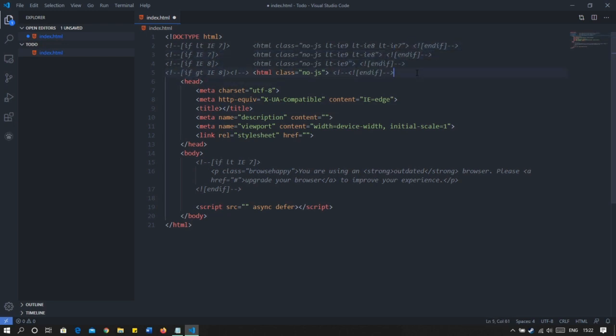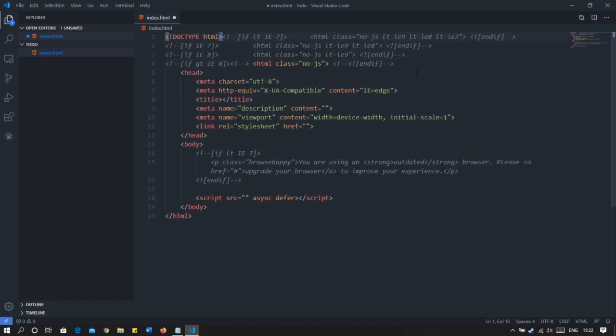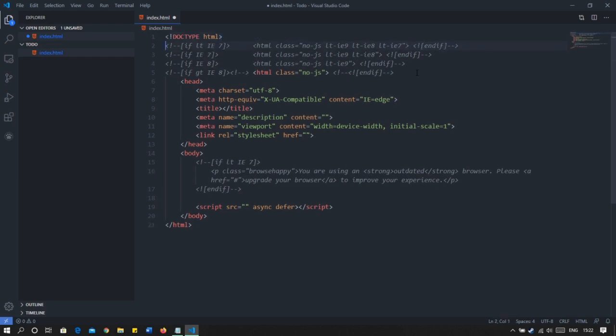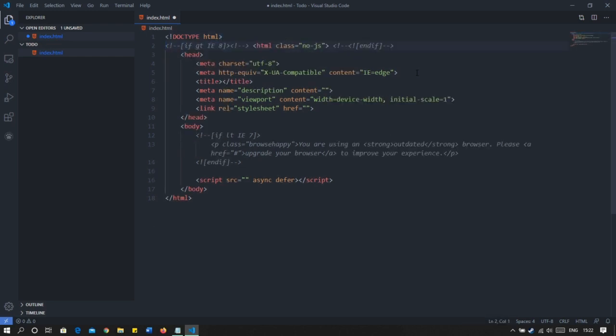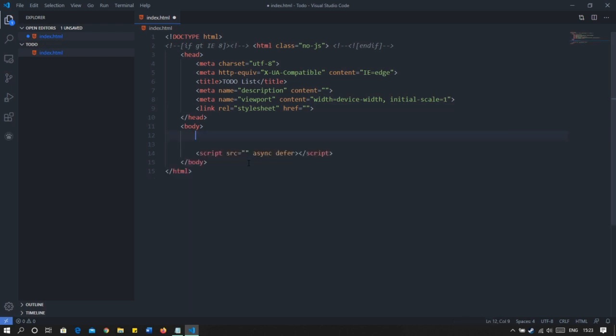So here we don't need these useless comments, so we remove them all. Then yeah, the title will be to do list, then the description. The CSS file we will link when we create it. So yeah, delete this. A JavaScript file we will be linking when we create the file. So for now we are good to go.